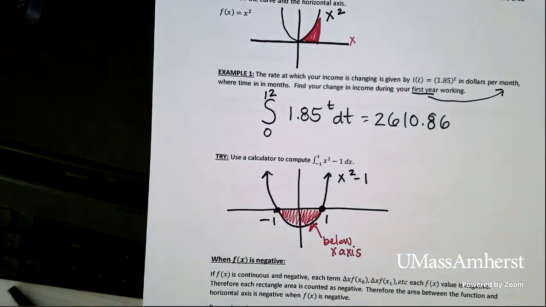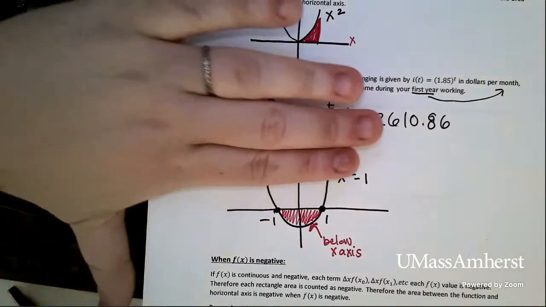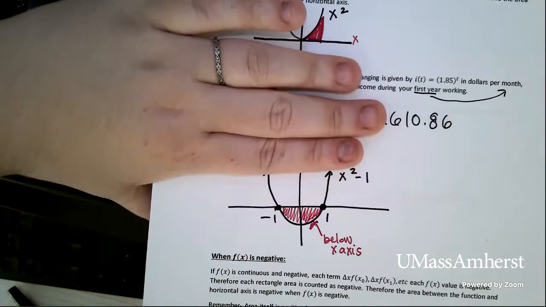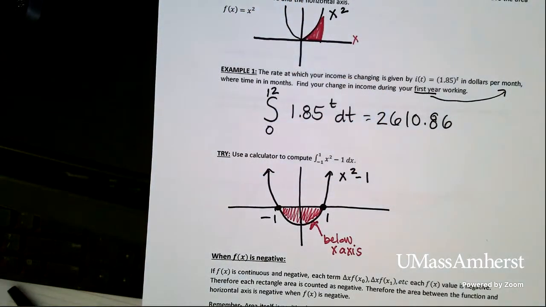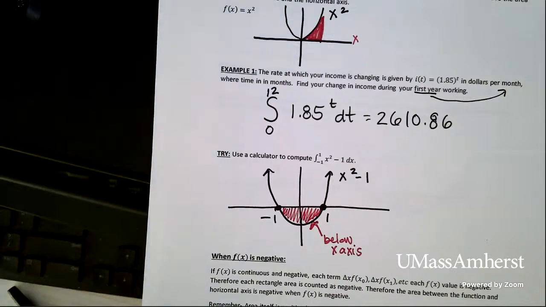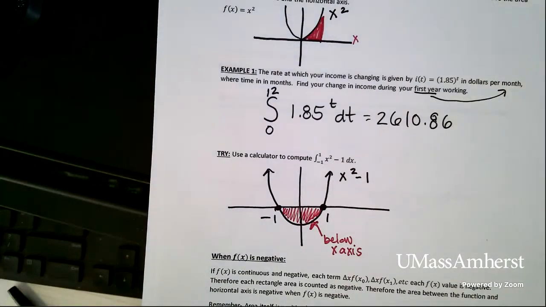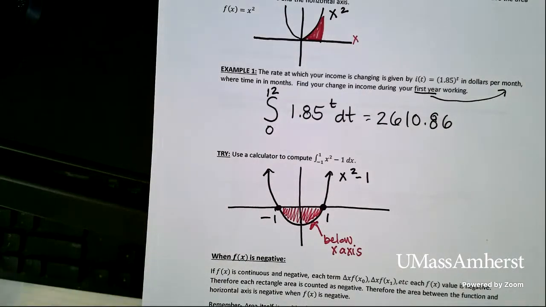Okay, now, if we were not in calculus, if we were in a geometry class and I was like, here's a function, here's a space, find some area, that area would be positive, right? Because the area represents the amount of space between functions, or between specific points. But in calculus, what we have to remember is that we are looking at a rate,